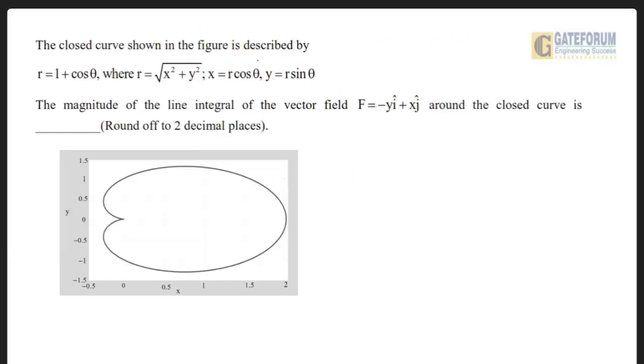The curve shown in the figure is described by r is equal to 1 plus cos theta. This is the cardioid diagram, where r is equal to root over x square plus y square, x is equal to r cos theta, y is equal to r sin theta, polar coordinates. The magnitude of the line integral of the vector field f bar is equal to minus y i cap plus x j cap around a closed curve is. This question is from engineering mathematics, from the topic vector calculus. The solution is